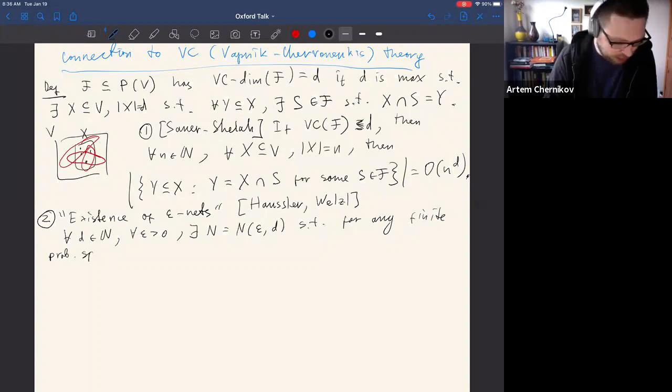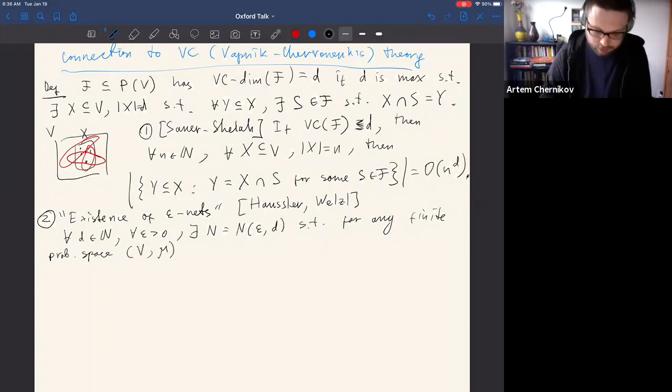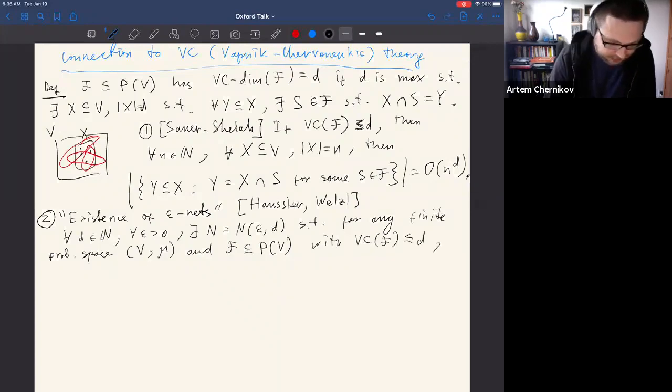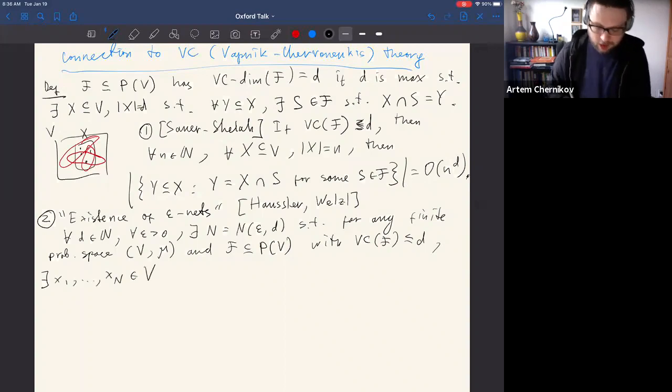So for any finite probability space, let's say V and the measure mu, giving weights to the points in V, and any family of subsets of V such that the VC dimension of this family is bounded by D, there exists an epsilon-net for this family, by which we mean that there exist some points x1 through xn in the set V. So n is of bounded size, independent of the actual family or measure,